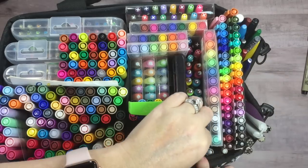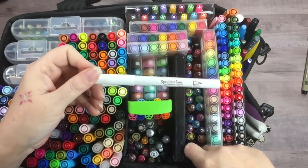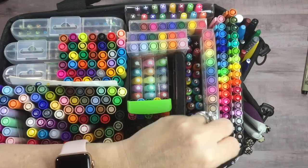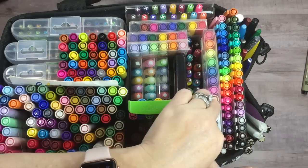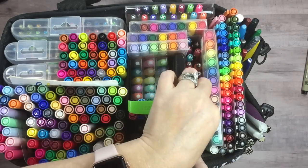Alright. Moving up here, I have a couple of more white pens. This is a Recollections pen. I've got another silver. That's Recollections. I've got an extra lead pencil up here for sketching. And then we have the